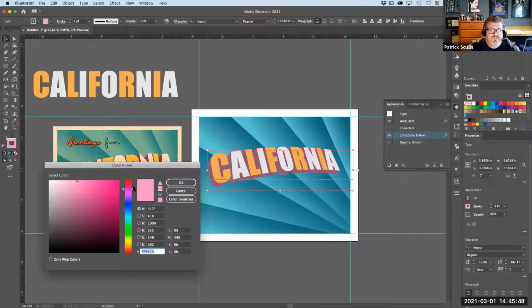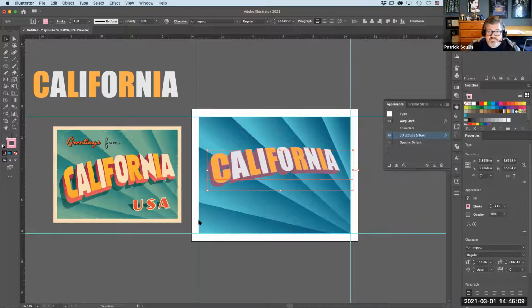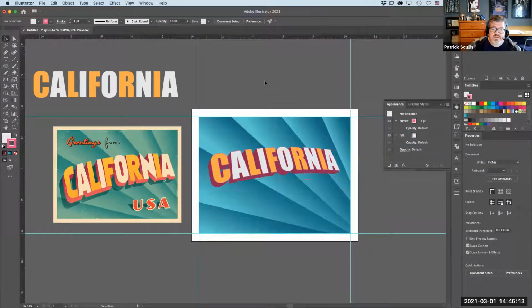Don't want to worry about fiddling with this too much, but again, just know that you can adjust these colors and the object will update as needed. All right, I'm just going to take a stab at this and then let it go. Okay, so I'm going to leave that as is for now and move on to the next step,